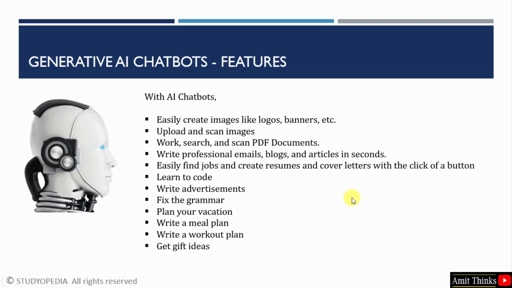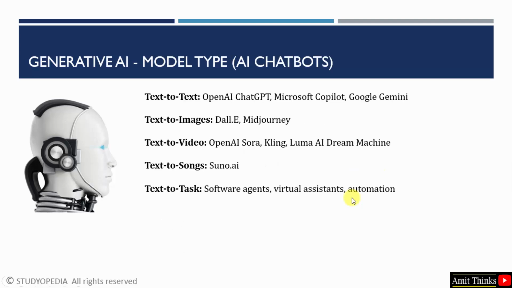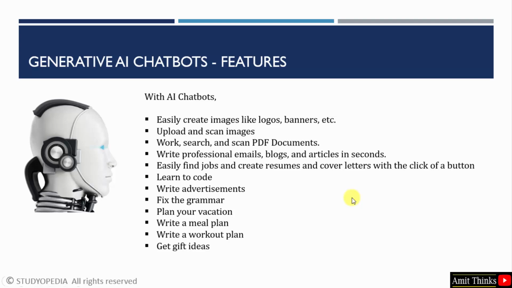Now the features of AI chatbots. I have shown these chatbots before here. Now the features, I have just amalgamated all of them. You can easily create logos and banners. You can also use it to code, fix your code, and generate syntax. With that, you can also upload and scan images. This means that if you have an image and you want the AI chatbot to read it, to scan it,